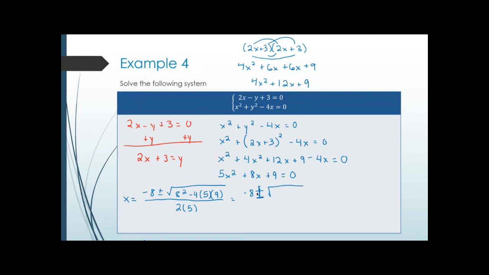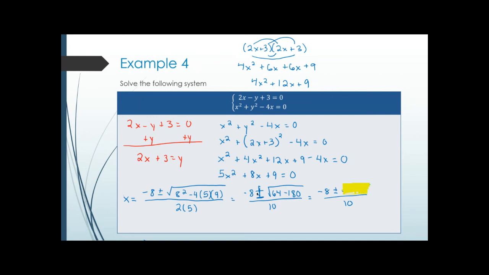Negative 8 plus or minus. So 8 squared is 64. And then 4 times 5 times 9 gives me 180. So that's going to be minus 180 over 10, since 2 times 5 is 10. Negative 8 plus or minus, and then 64 minus 180 is going to give me negative 116 over 10. Now, as soon as there's a negative inside that square root, that's going to tell me that